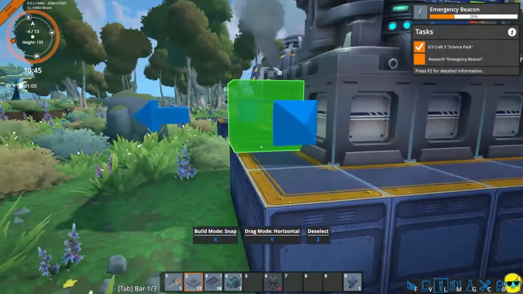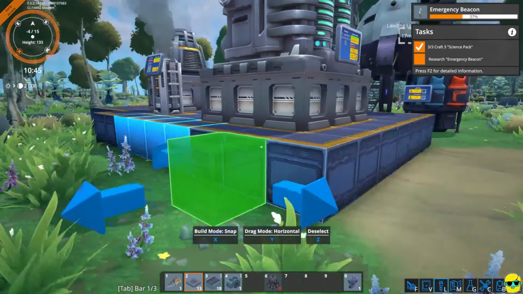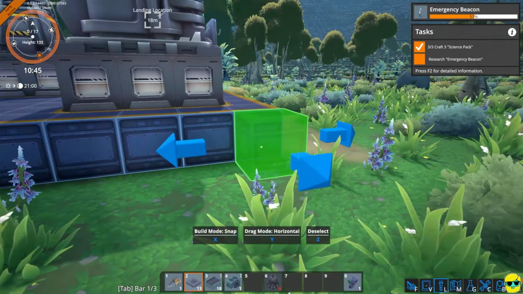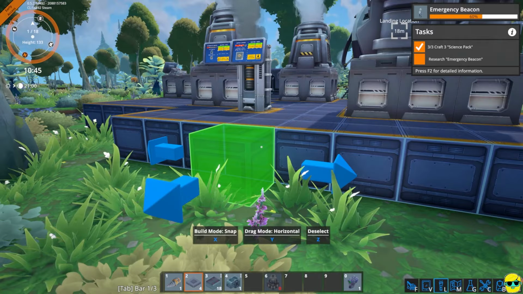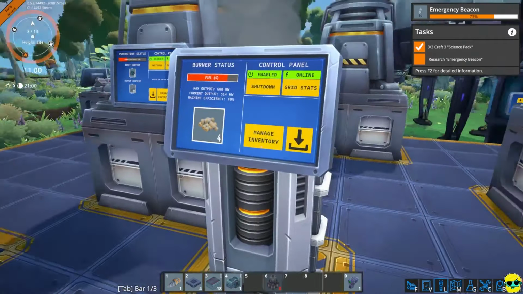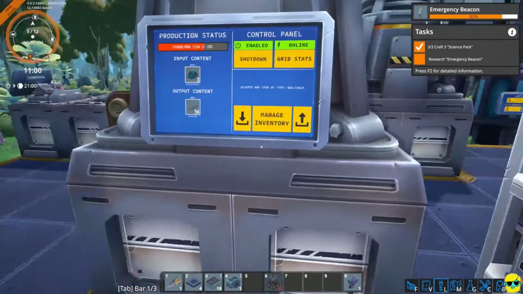The building is really good. They've really smoothed this out. Just like dragging and filling in gaps and stuff like that. It feels very intuitive. We need some more biomass. There's a little bit for you, but...